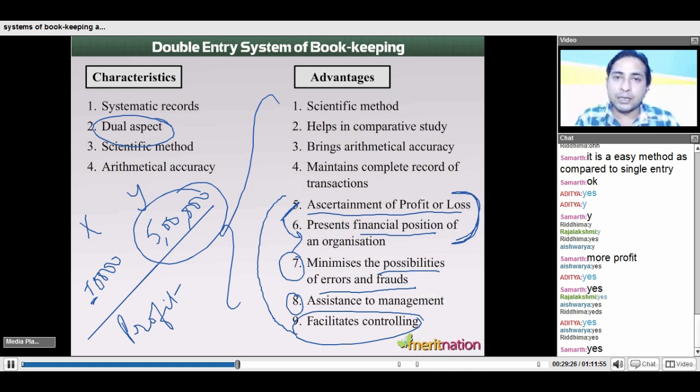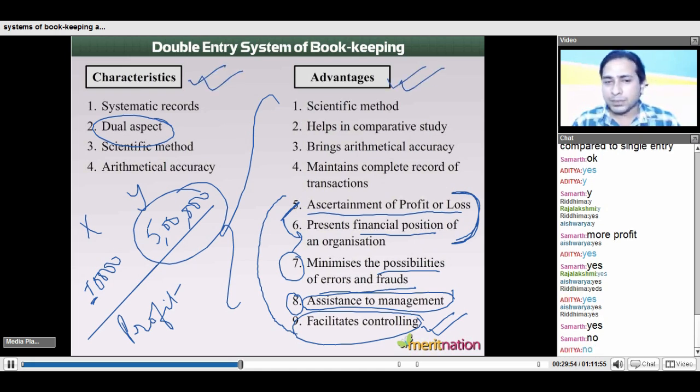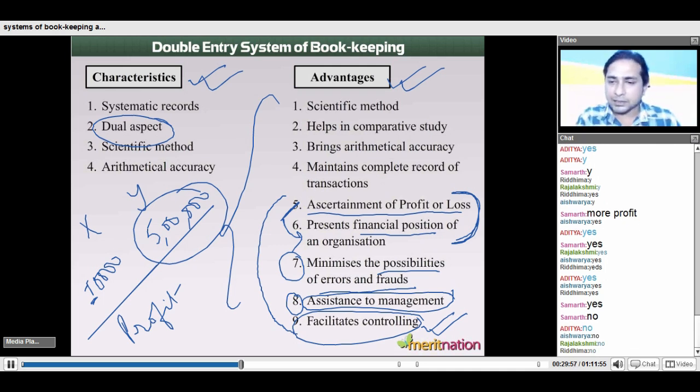So, again, this is accountancy that is going to help them. Since, again, the same thing, the proper maintenance of record, the complete record, and all the aspects are recorded. So, when it is helping the management, it obviously helps them in controlling as well. So it is a dual aspect. Again, the planning as well as the controlling. The management will be in a position to understand this. Anyone who is having any doubt in both the characteristics and advantages? See, guys, these are pretty easy. If we learn the characteristics, we can interlink the advantages from the characteristics.